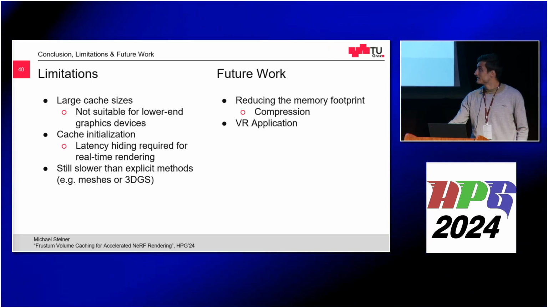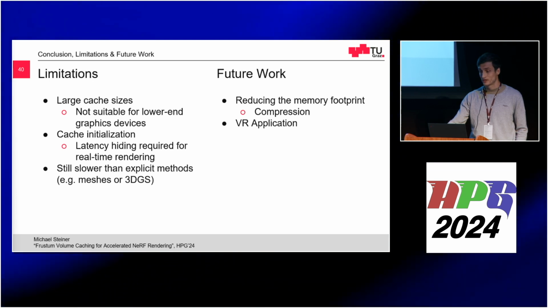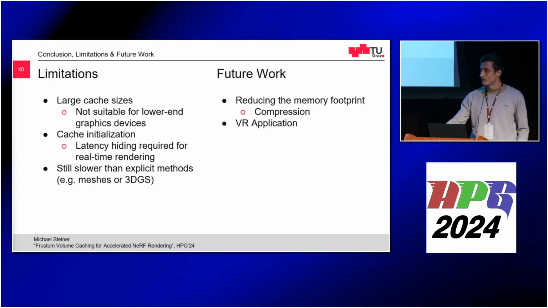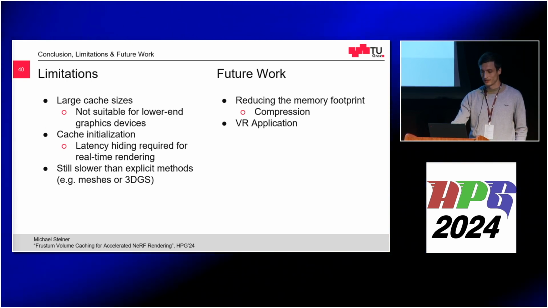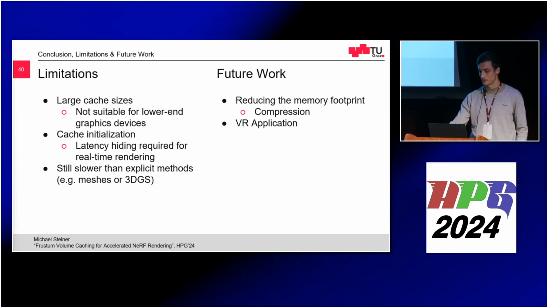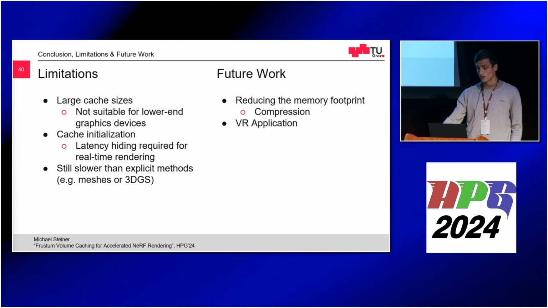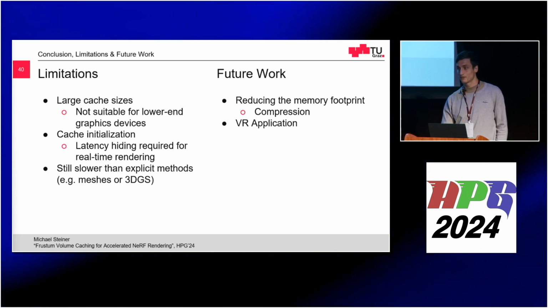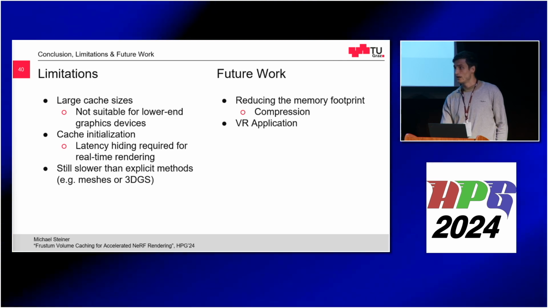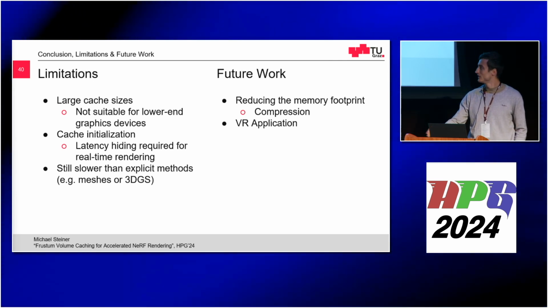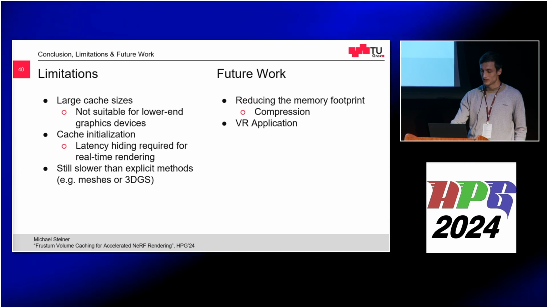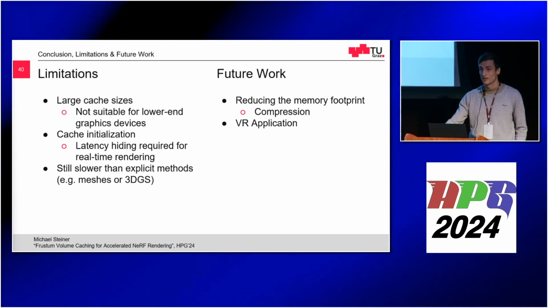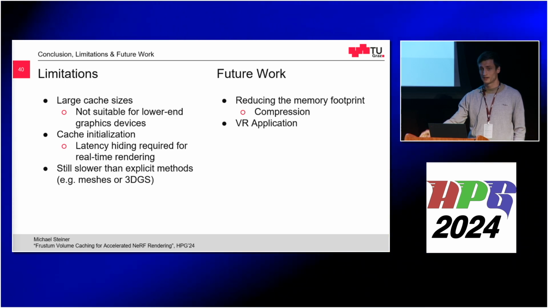And our method is still slower than explicit methods, for example, meshes or 3D Gaussian splatting, while not suffering from some of their downsides, like popping artifacts for 3D Gaussian splatting. Concerning future work, it's desirable to further reduce cache size, for example, by compression or hierarchical consolidation, so combining similar spatial latent codes inside the cache, and applying our method to VR applications where we can essentially reuse the same